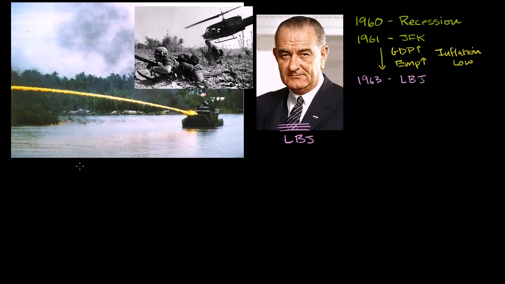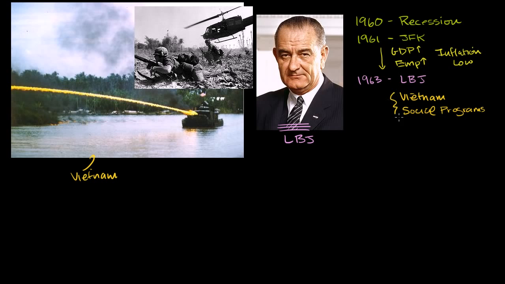A major factor was right over here, the Vietnam War, which was escalated in a major way under LBJ's administration. JFK was already dabbling in Vietnam, but it became a major war for the United States under Lyndon Baines Johnson. So some combination of Vietnam, and he had a huge number of social programs, increased government spending, to try to ease inequality in the U.S. as well. So one could call it guns and butter, social programs to try to ease inequality.